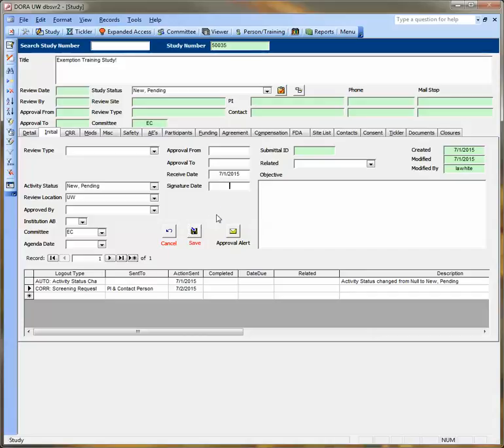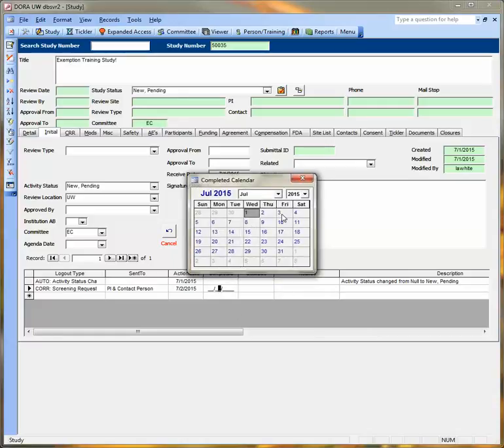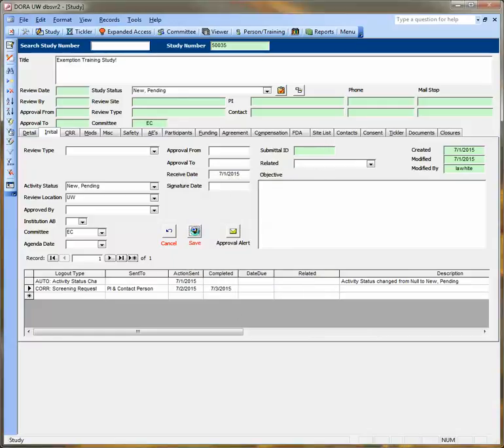Now, when the research team gets back to you, you'll want to go to this completed column and select the date that you received their correspondence. Click Save. And you can continue these logout entries as many times as you contact the PI as you're reviewing their exemption. And when you're done reviewing, if the study meets the requirements for an exempt determination, on this Initial tab,